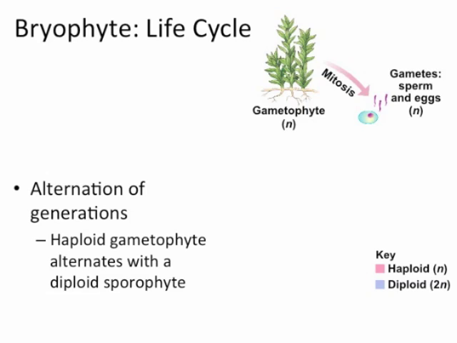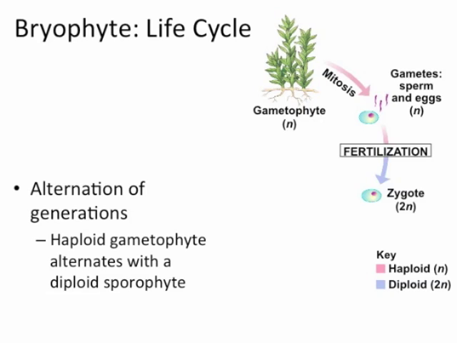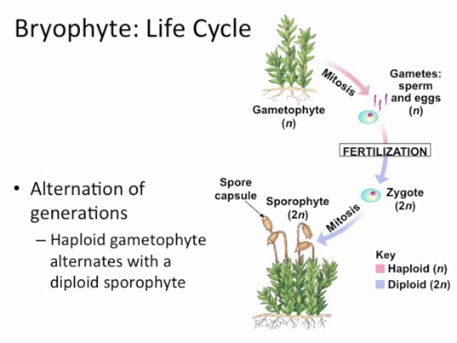The sperm and egg will fertilize each other and form a zygote, and the zygote will grow into the sporophyte. And the way that a moss protects its embryo, the zygote there, is that the egg actually stays within the female moss, and the sperm will swim using the water that surrounds the moss to the female moss